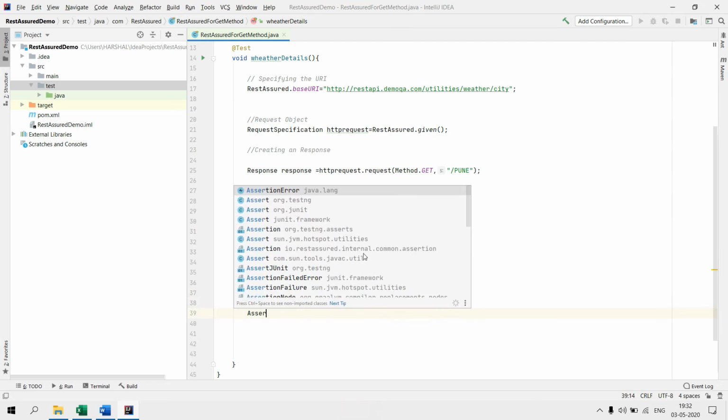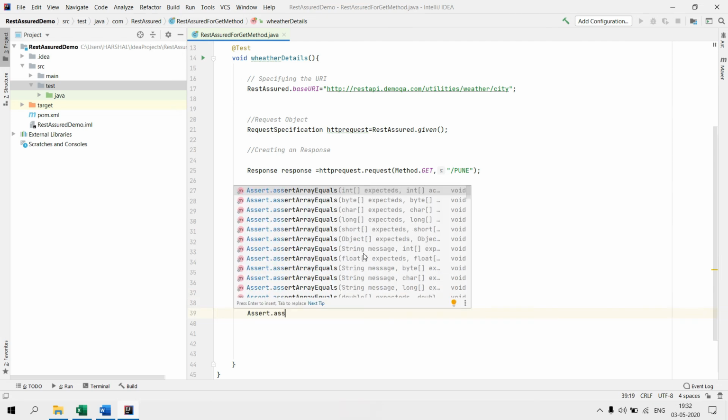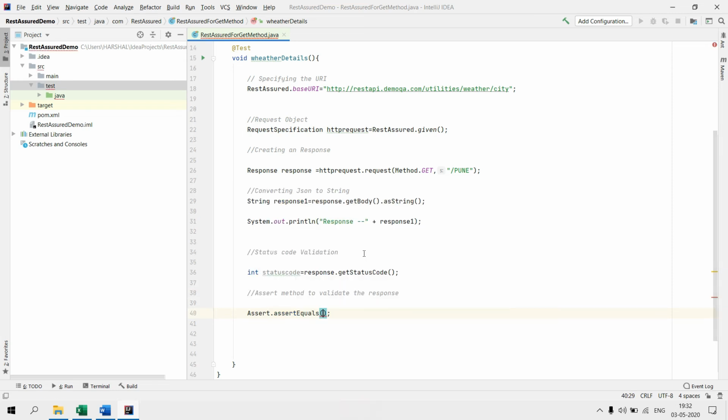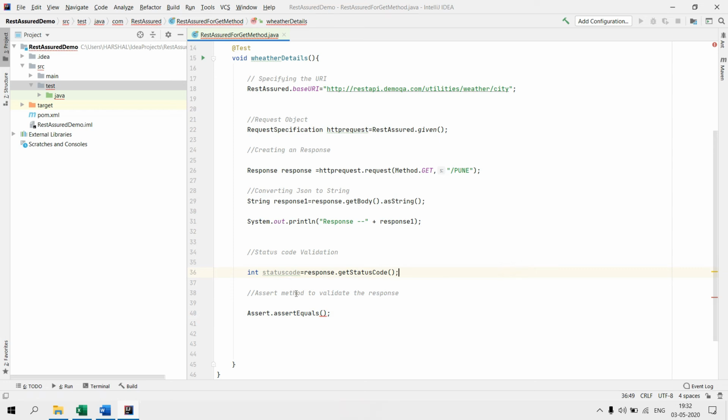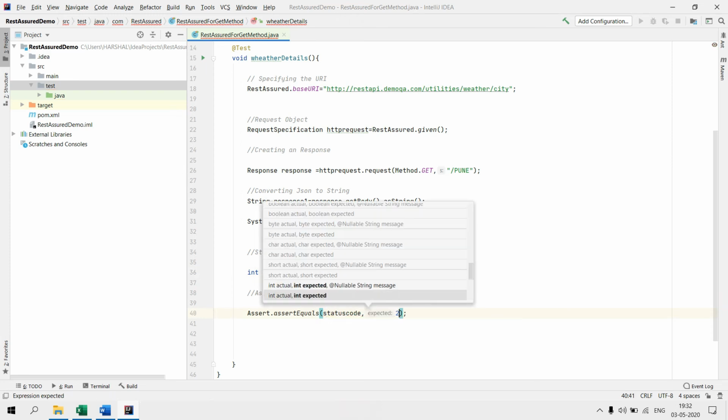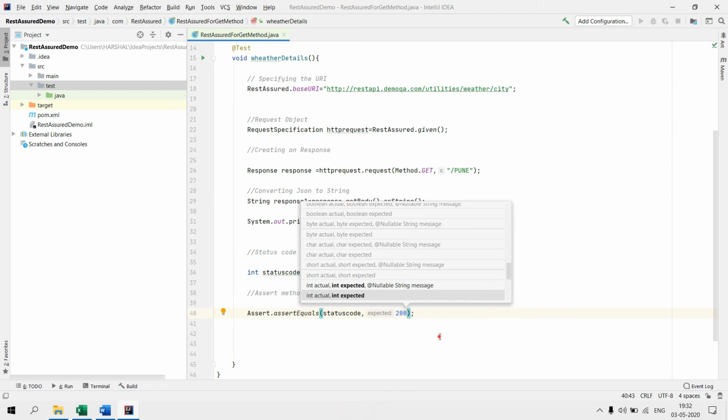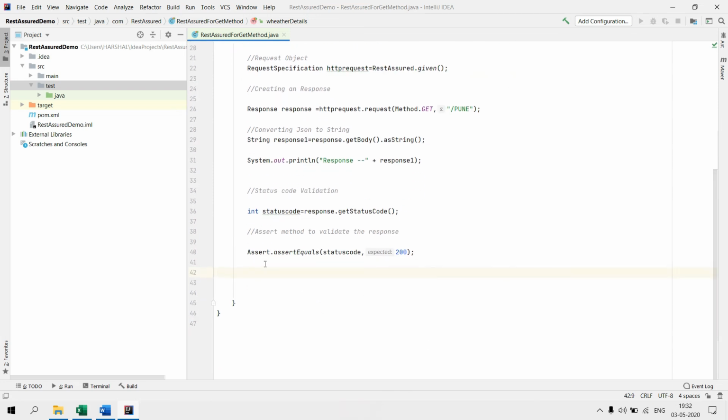Assert dot assertEquals, integer format. So this would be the actual status code, and the expected would be 200. 200 response would be successful. So actual is nothing but the status code, and expected would be 200, right?